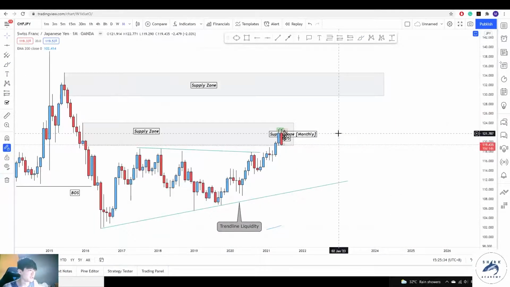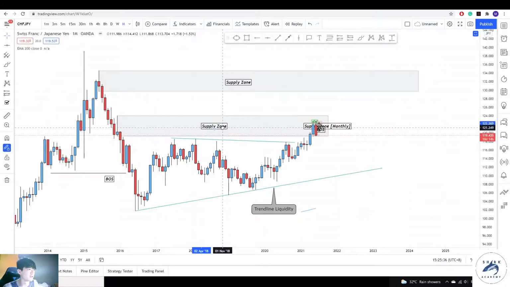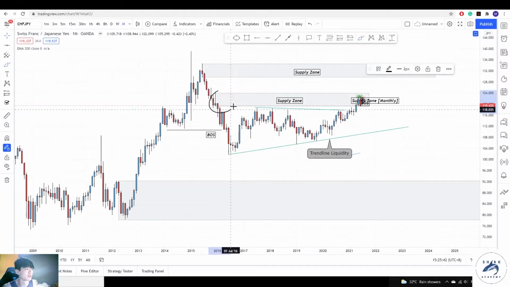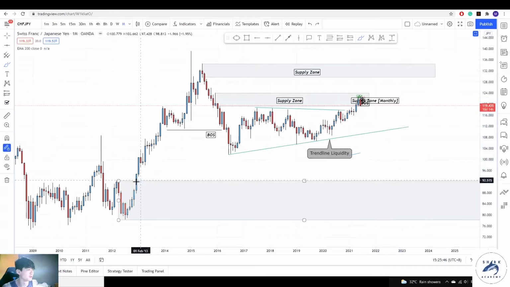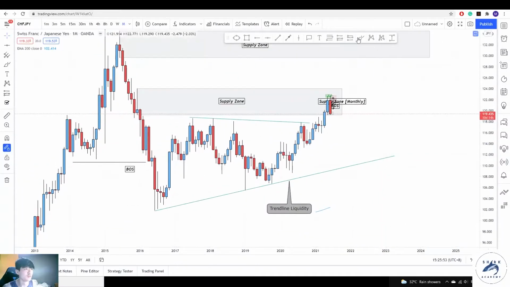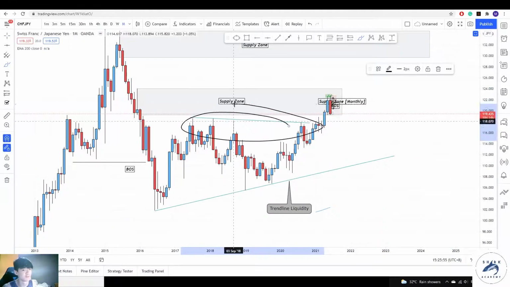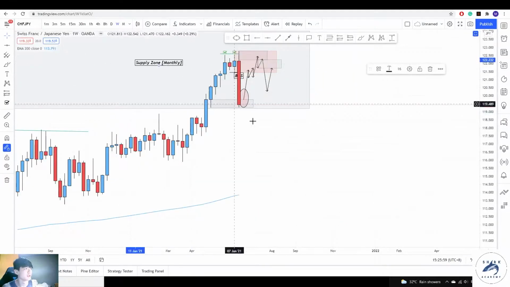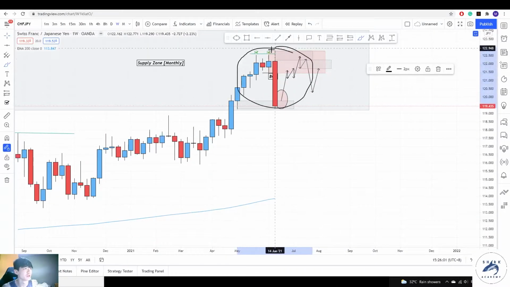So next up, we have the CHF JPY, and over here we have a nice supply zone, right? So prices broke out of structure, came back to retest this supply zone inside of here, right? And we are expecting prices to drop off from here, towards this level, liquidating this trend line, right? So prices made a huge move up that liquidates some of these levels already, and now we are looking for a downside move. And you can clearly see that we have a strong rejection over here on the weekly